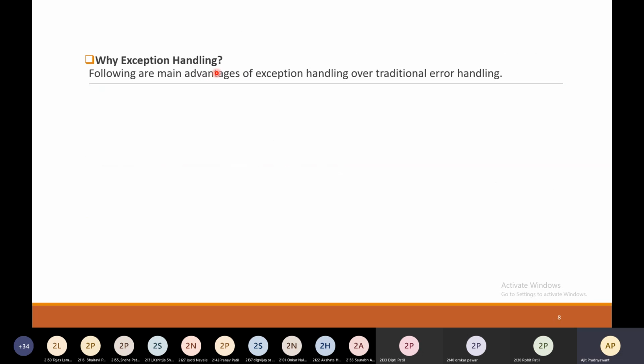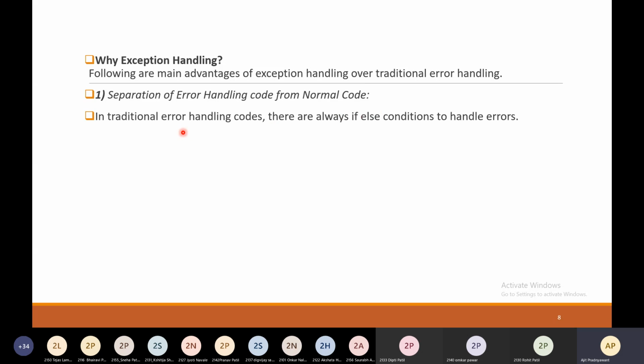So why exception handling? Following are the main advantages of exception handling over traditional error handling. The first one is separation of error handling code from normal code. It will distinguish between the normal code and exceptions. In traditional error handling, there are always if-else conditions to handle errors.